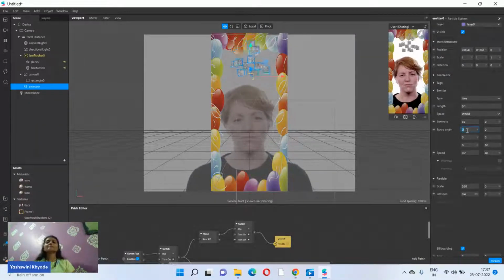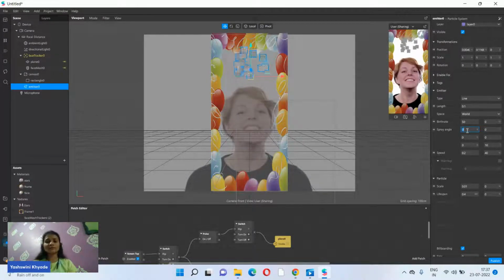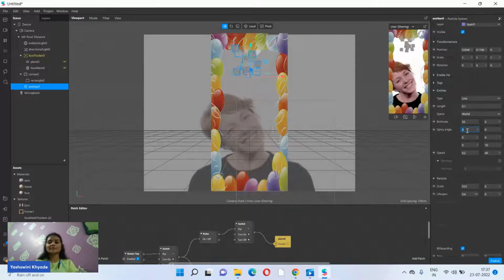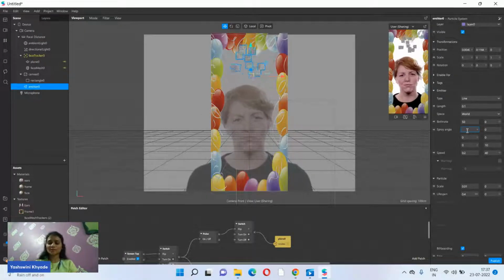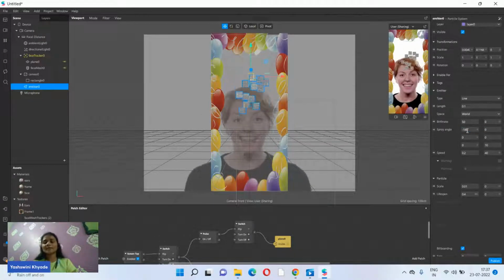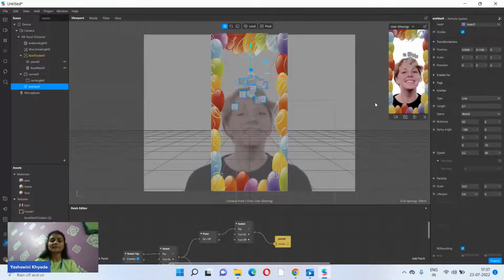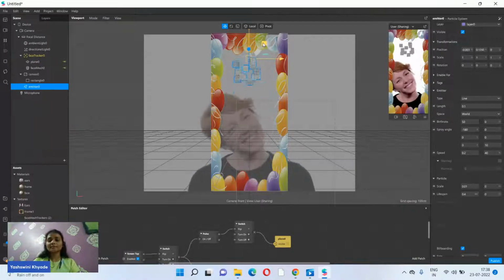Spray angle means, if you don't want the particles to flow from downside to upside, you can divert the direction. You can just exchange the direction towards downwards. For that, you can give some value here in terms of mathematics, so we'll just drag it over here,